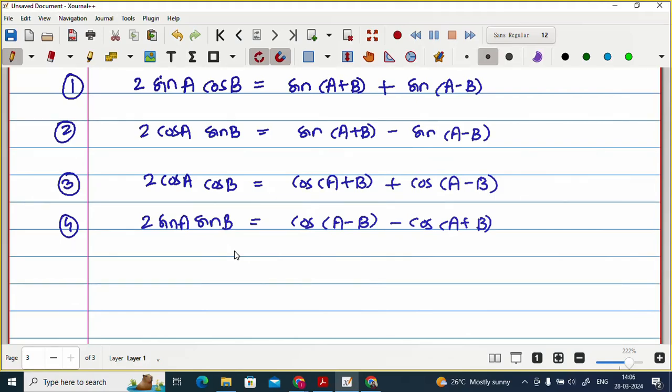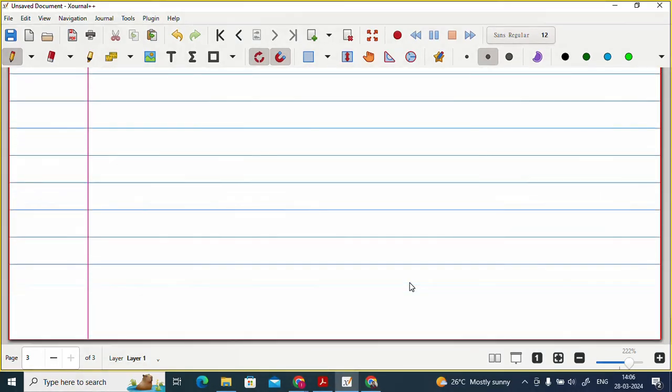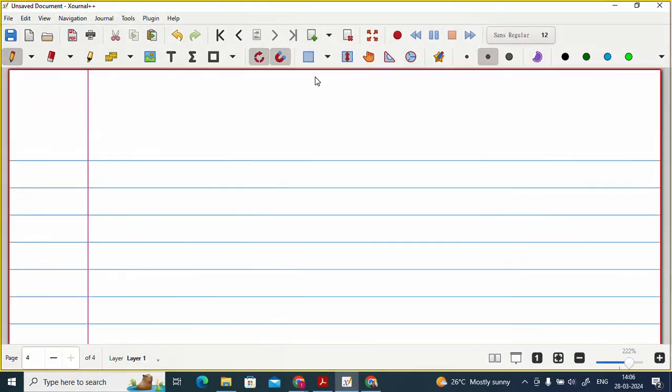So here you can see that the product of trigonometry we can express by using these formulas as addition or subtraction. Apart from this, some double angle and triple angle formulas will also be required depending on the example. So you just revise those formulas. These are the important formulas I have mentioned here. Now let us go to the special types of examples in which there will be the use of these formulas.